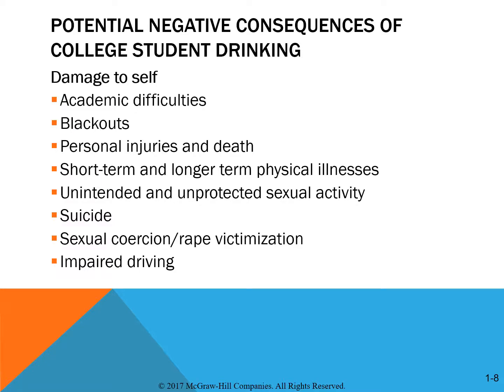Alcohol use on college campuses was first reported to be a problem over half a century ago. At least half of the sexual assaults on college campuses involve alcohol consumption by the perpetrator, the victim, or both. In your discussion forum for Chapter 1, you will be discussing the various negative consequences of college drinking and which consequences are the most serious for students, families, and the community.